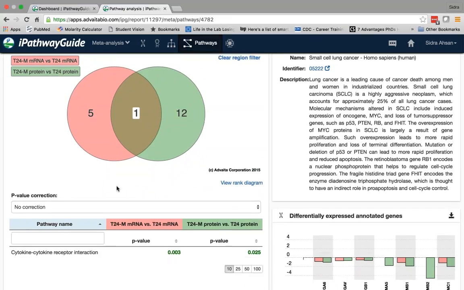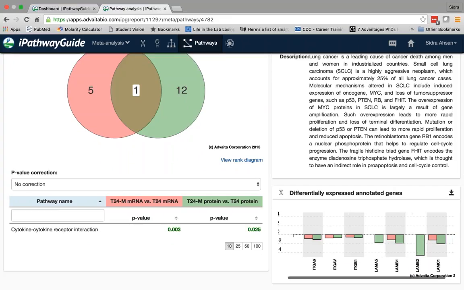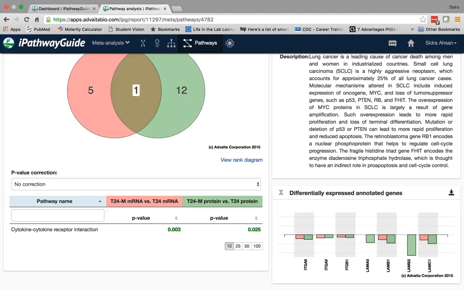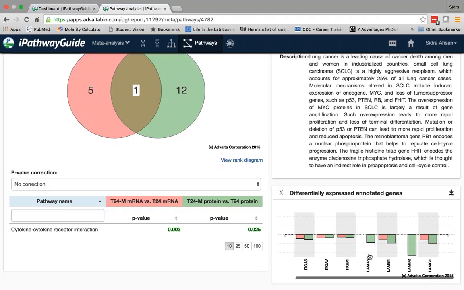And this one pathway was the cytokine receptor interaction pathway. And if you look at the pathway here, it's fairly interesting because most of the genes in this pathway follow the same change in expression. So if the mRNA is downregulated, the protein is downregulated as well.